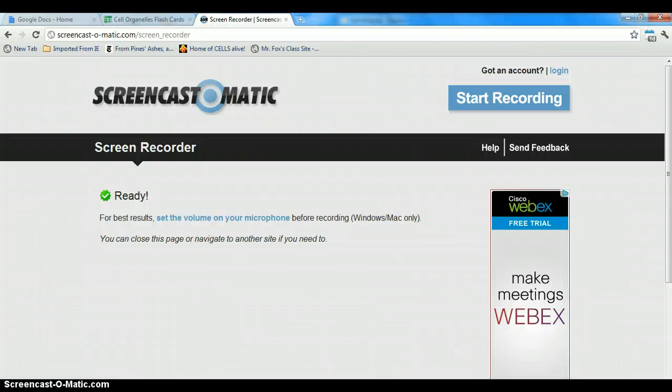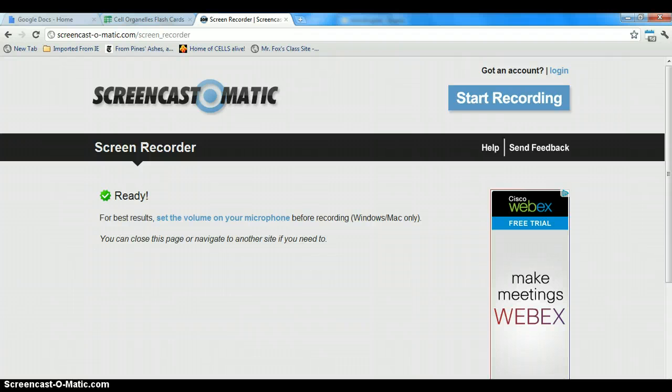This is Mr. Fox. I'm going to create a screencast, which is a short video on how to create flashcards using Google Spreadsheet. We weren't able to create flashcards in all of my classes in the computer room, so this was a homework assignment. And this video is now being created to help you create that at home if you don't know how to do it. So just follow the video very closely and just listen and pay attention, and this should be a piece of